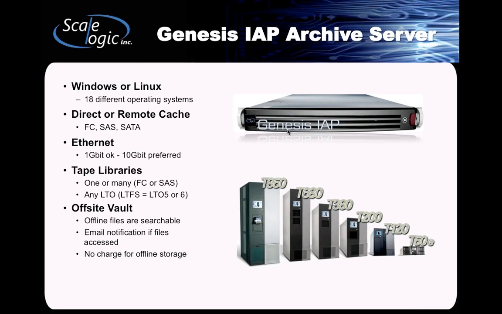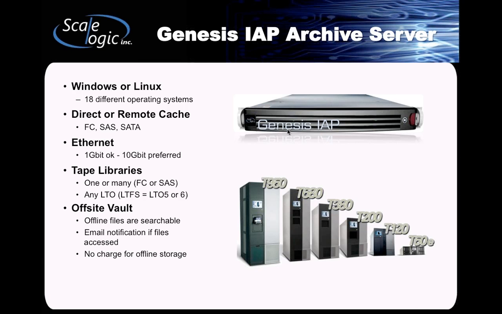Windows or Linux, and we again focus on the Genesis IAP. It's a Windows server. Within the IAP, you can have fiber channel, SAS, or SATA. We focus on fiber channel and SAS in our configurations. Ethernet, 1 gigabit, and you can have multiple 1 gigs and bond those together. But